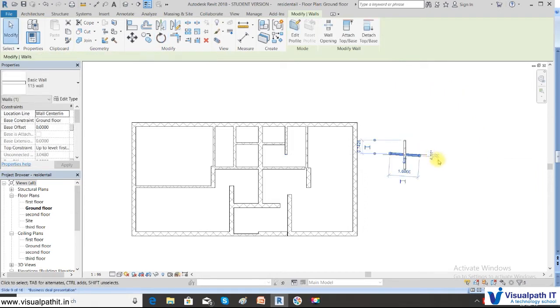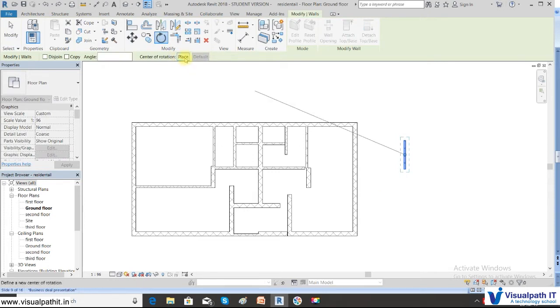Now what happens is it rotates about the center. I can change the center of rotation by using this rotate button, and if you change this place of rotation, then it may not be rotating by the center. So you can move the center of rotation by clicking the place. I am placing the center of rotation here.